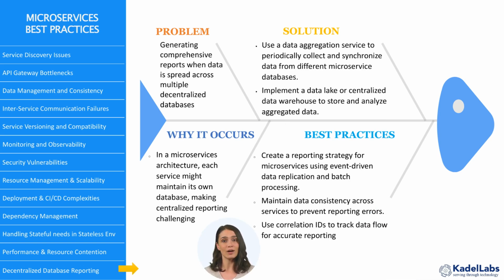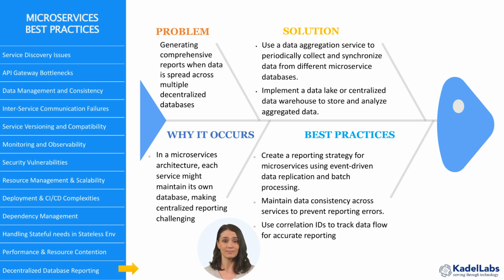In a microservices architecture, each service manages its own database, enhancing scalability but complicating reporting that requires data from multiple sources. Unlike monolithic systems, microservices distribute data across various databases, making aggregation complex and prone to inconsistencies. To tackle this, we can use a data aggregation service to periodically sync data into a central repository or data lake for centralized reporting. An event-driven approach where services publish events on data changes also helps maintain an up-to-date copy